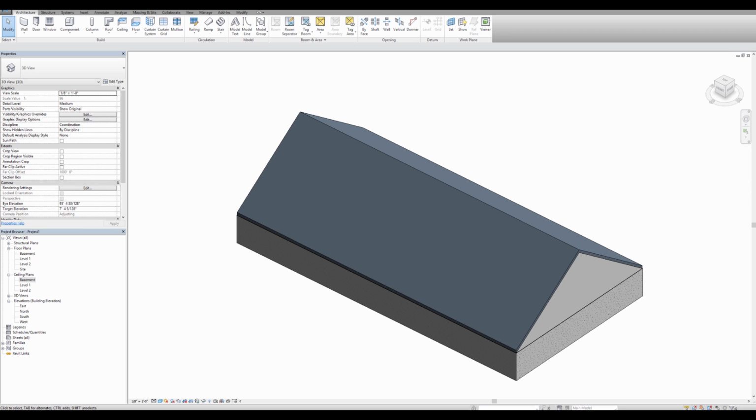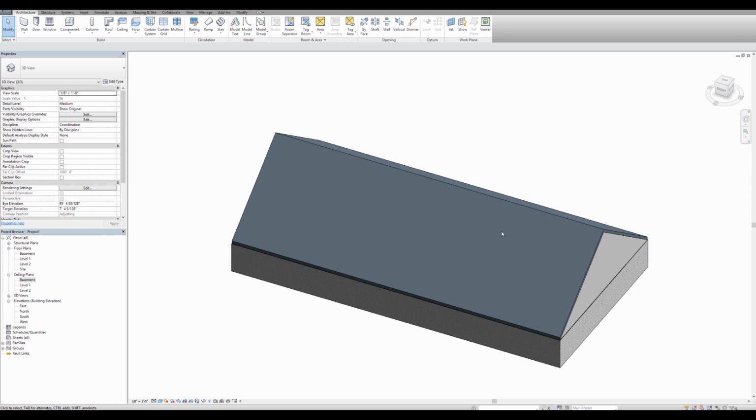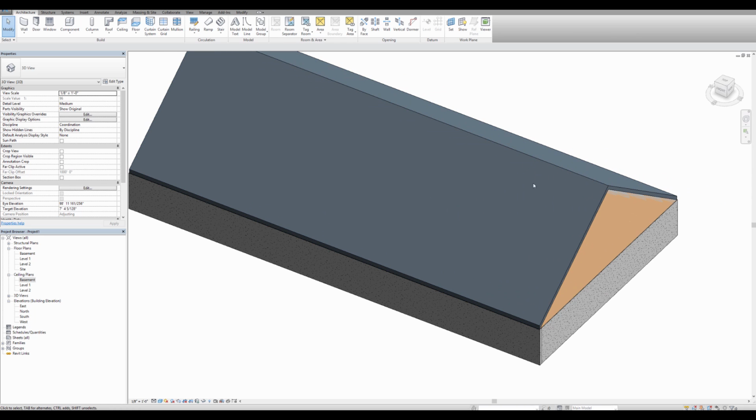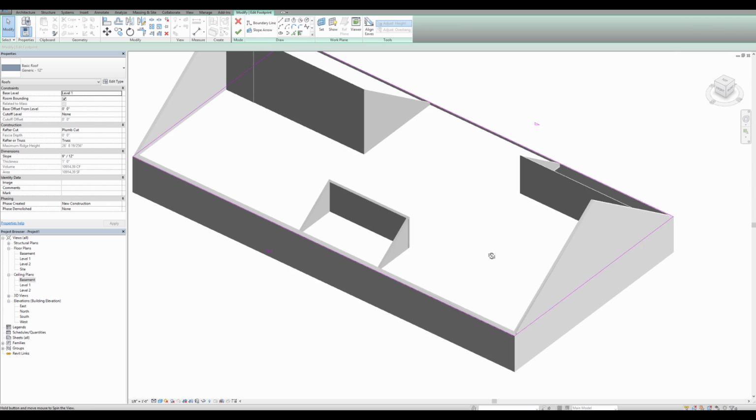Hey everyone, in this video we're going to make a custom roof dormer. So to do that, it's fairly straightforward. First you want to have your roof created, and if you don't know how to do that, check out one of my earlier videos. But once it's made, go ahead and double click on it so that you can see